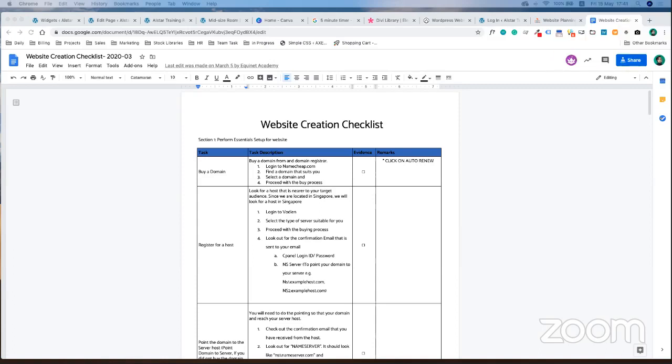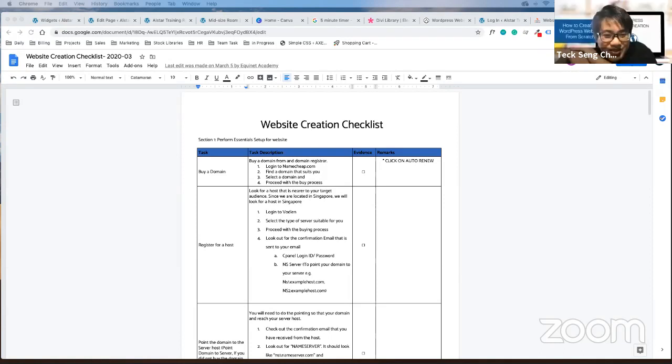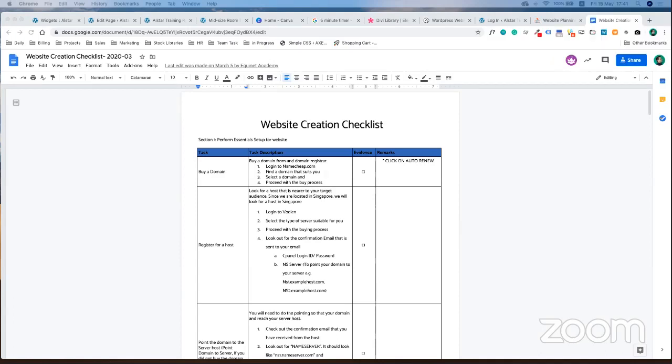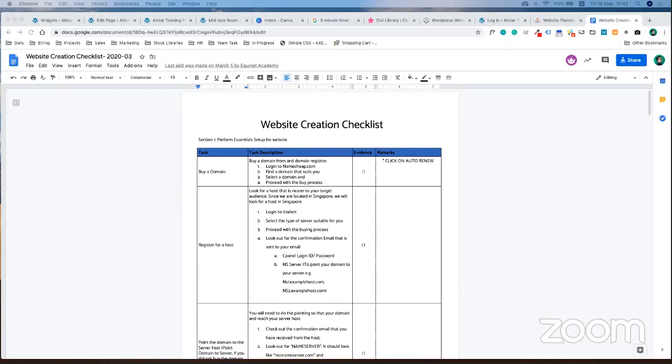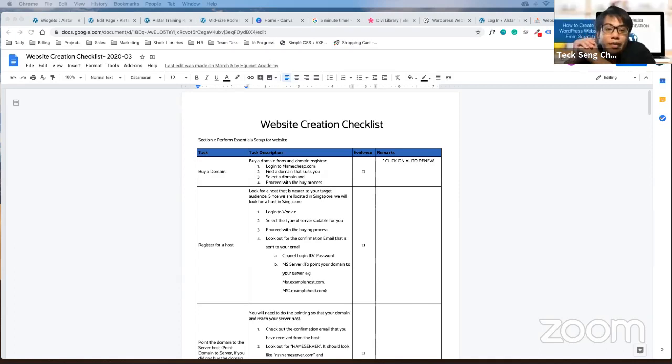Okay. Then another question. I have bought a domain name. So when I play with WordPress, I notice every time I do a preview, it publishes whatever I do live. So how can I not have it published? You have to draft. But the page itself is published already.